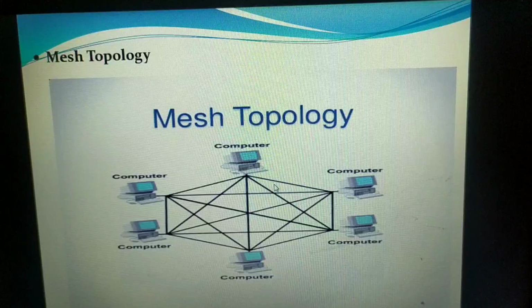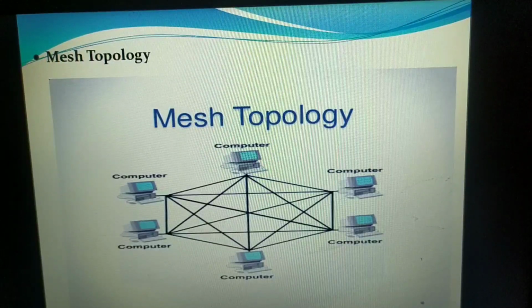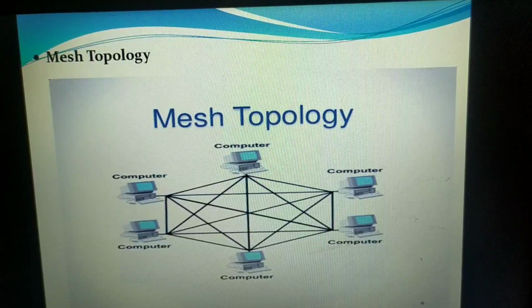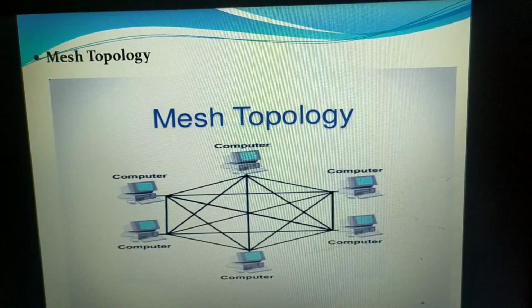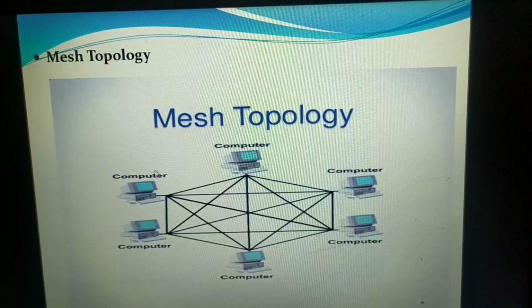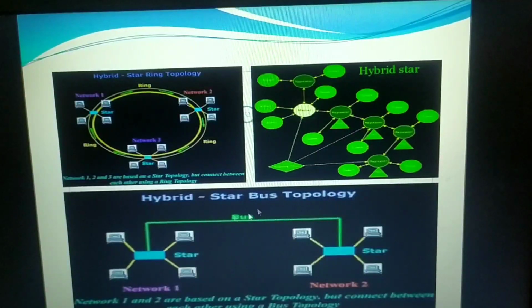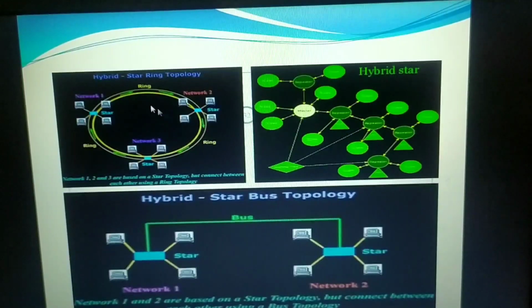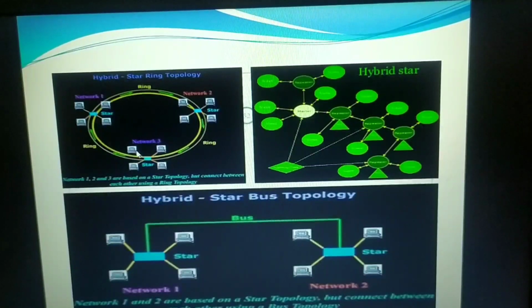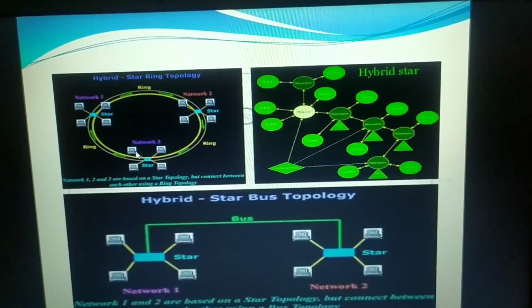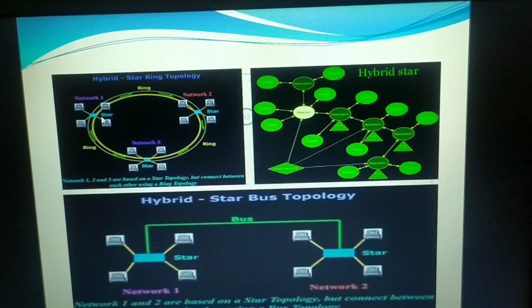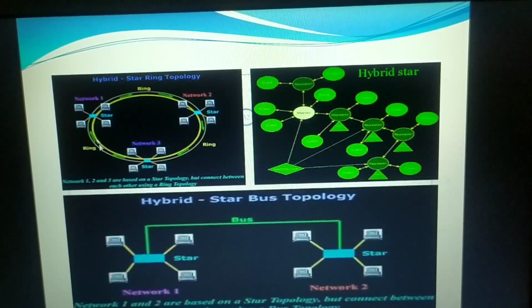Now this kind of communication is very much ideal for distributed networks. Distributed network means where you can club more than one different kind of topology and make it one big network. Now these are examples to show you that it's a mesh topology where you can combine two or more. Here, if you see this one, the ring topology and the star topology have been combined. So I can say this is a hybrid topology, which we have studied in tree topology. Now this can also be a mesh topology because all the nodes are in turn connected with each other, fully connected.